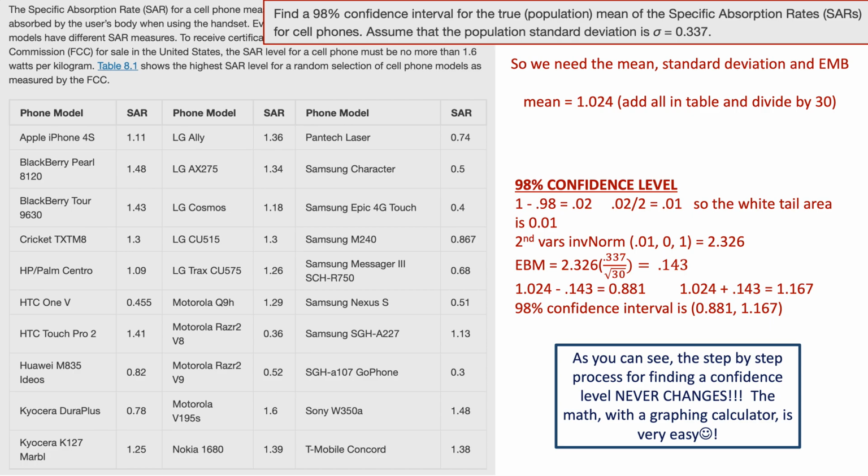And then you just make a statement that says, look, the 98% confidence level is, and you list your 2 answers that you just got. That process will never change. And with a graphing calculator, it's really not that hard. If for any reason you're still having a problem with it, go back and redo